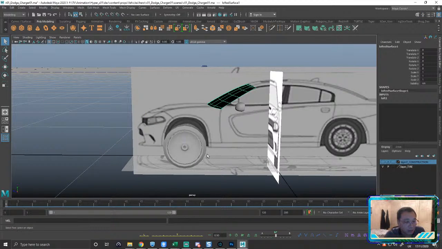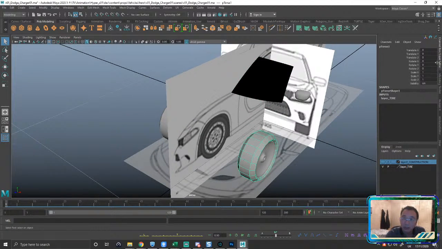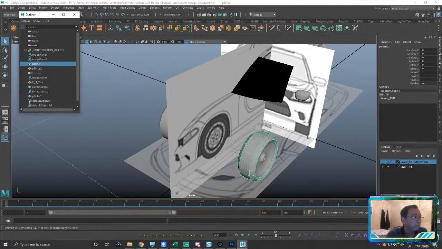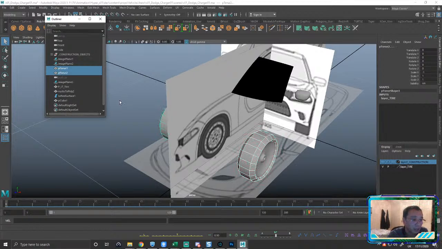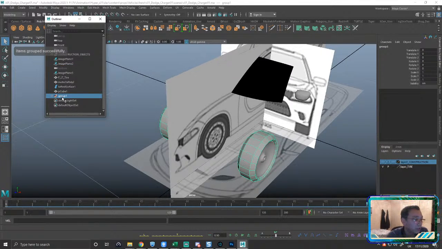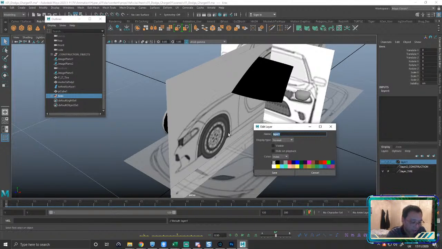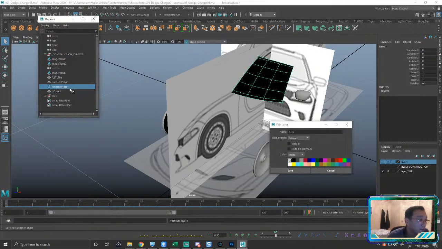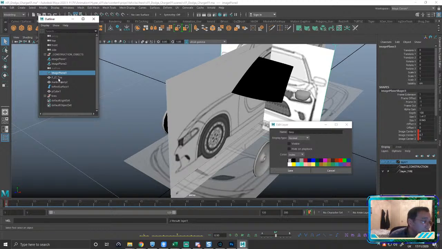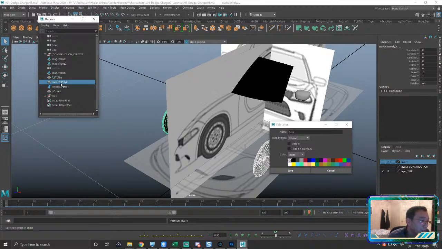So those are my construction objects, and let's pop open our outliner. I'm going to group these guys under tires. In the outliner, I'm going to grab the tires group, and I'm going to assign it a new layer. That way I can turn it off, and I'll call this the tires, right? It just makes it a little bit easier to work with. I'll also do the same thing with my NURBS pieces here, right? I'm going to grab the NURBS pieces, middle mouse button, drag it in here. This was my wing mirror, right?